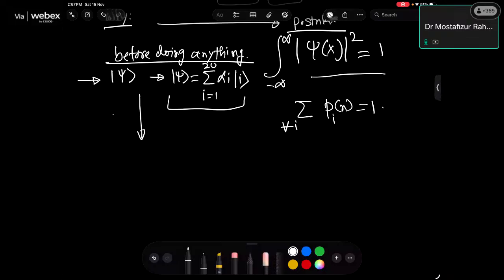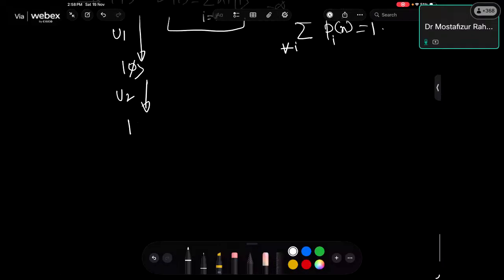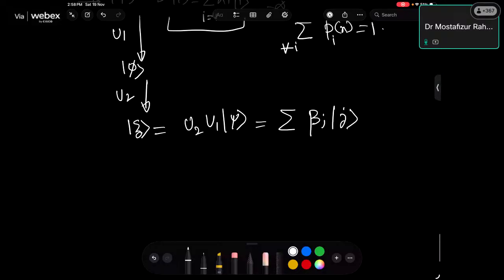Now you have done two evolutions. With U1, you reach phi, and then with another evolution you reach zeta. So zeta is basically U2 U1 ket psi. So your probability has changed. Suppose this is now beta_j ket j, your representation for j equals 1 to 20 qubits. Now I have to satisfy that the sum of all beta_j square equals 1, right? If this is the condition,